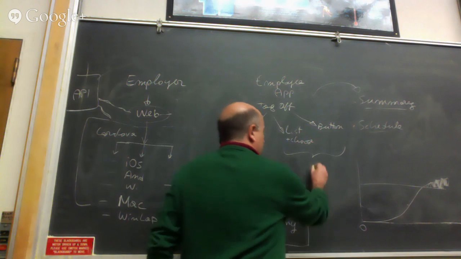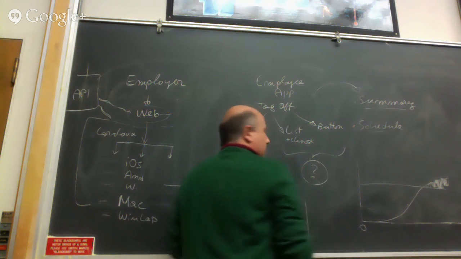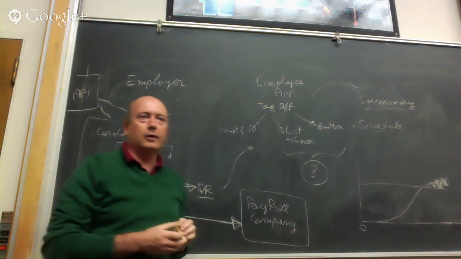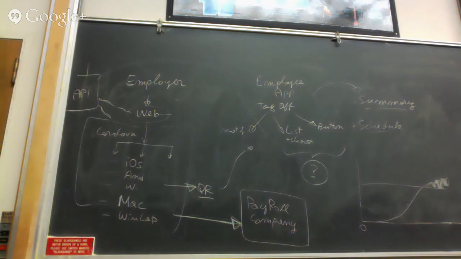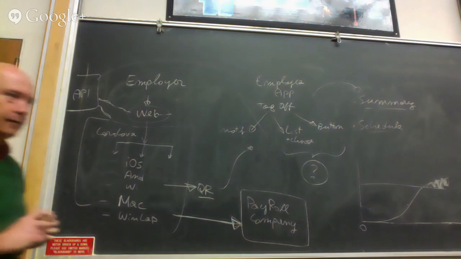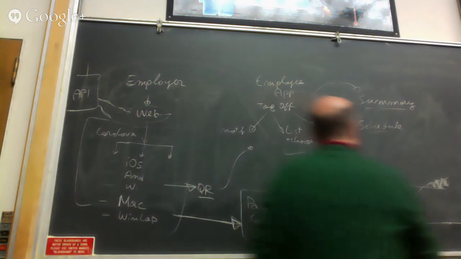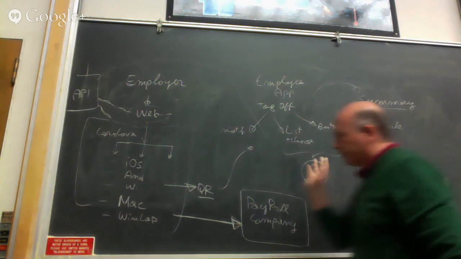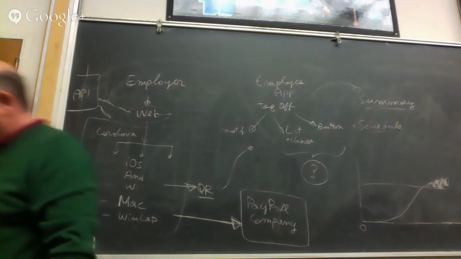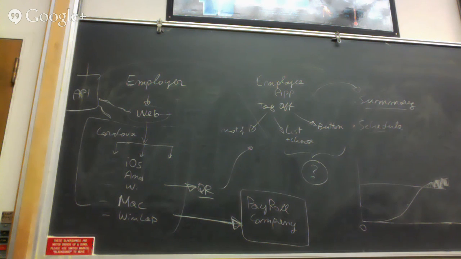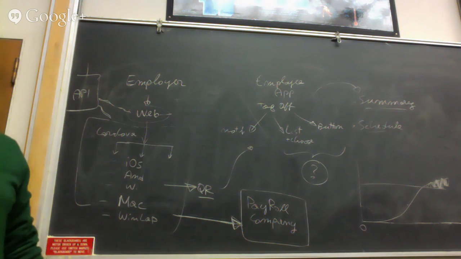Now the other question mark is: does this app need to be built native Android, or can you get away with Cordova? I think it might need to be native Android, but I'm not exactly sure. The reason it might need to be native, or no, in fact, okay, this is a complicated decision. If you do Cordova, you can do all clients. And you cannot tell a waiter that comes to work for you, I'm sorry, but your iPhone is just no good and you have to have an Android device. So that's a big problem.